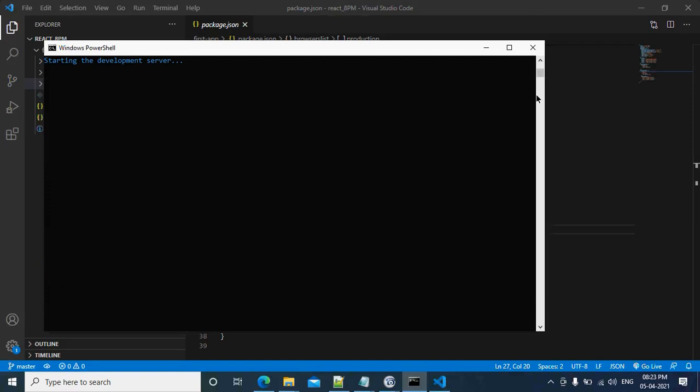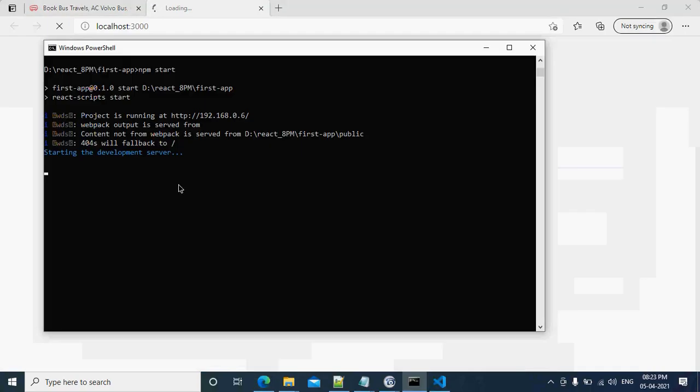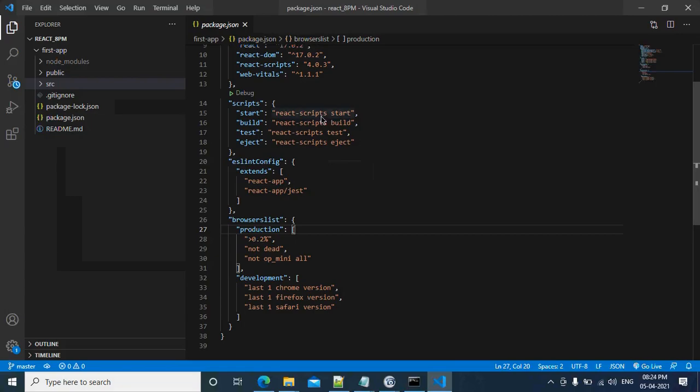Okay, it is starting the development server. Now you saw it, npm run start or the start command executes the react-scripts start. You are seeing the webpack output is served from here. So if I go to the react-scripts start,